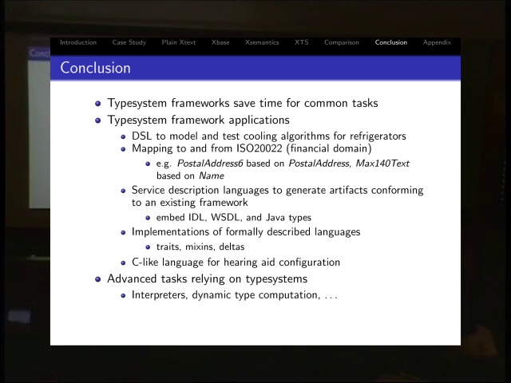For example, we had a project with a DSL to model the cooling behavior of refrigerators. We are right now on a project to map to and from a type system of the financial domain called ISO 20022. We recently had a project with a service description language which generated Java artifacts and which reuses WSDL, Corba IDL, and Java types. And we have implemented formally described languages with type systems, and we also had a project with a C-like language for hearing aid configurations. With type systems, you can also do more advanced tasks like writing interpreters or dynamic type